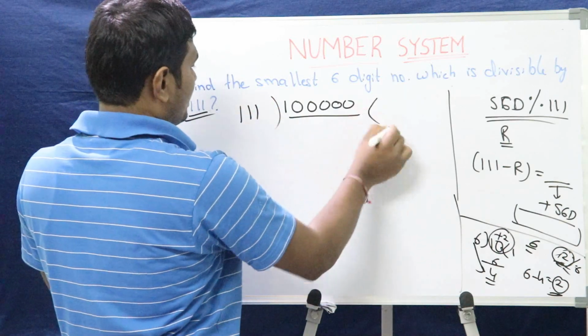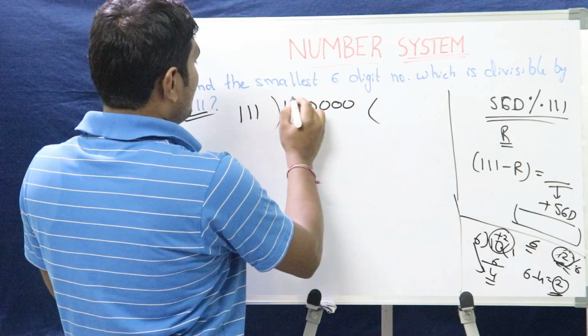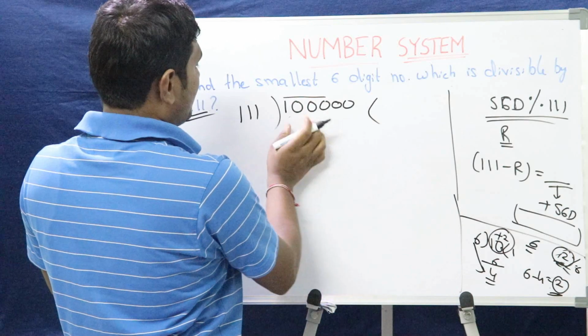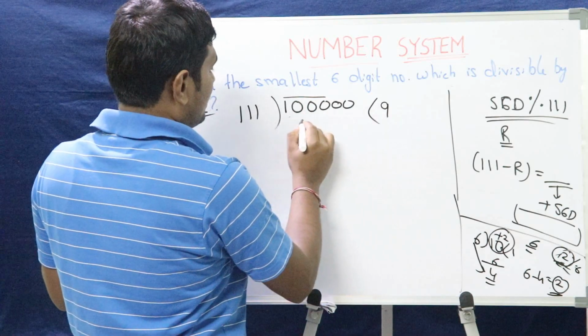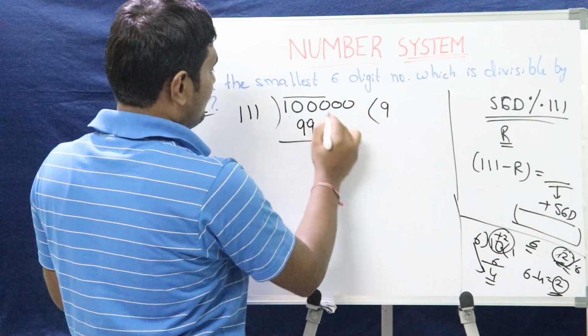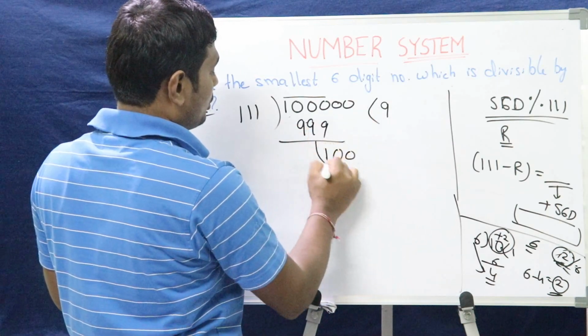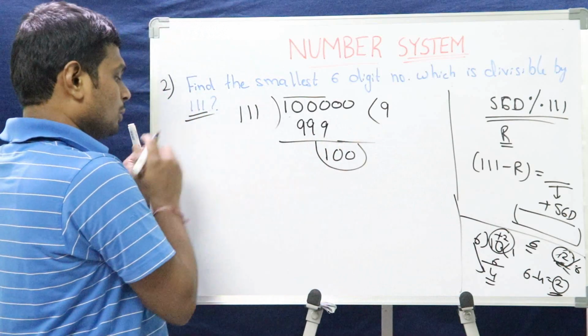Triple one, I am dividing. If we divide by this triple one, what will we get? We need to take 4 digits because 100 won't be divisible by triple one. 9s, that is triple 9. We will get triple 9 if we divide by 100. 100 won't go, right? This is the remainder.